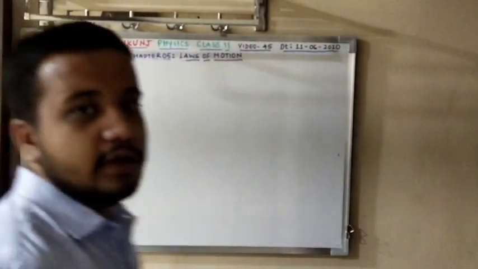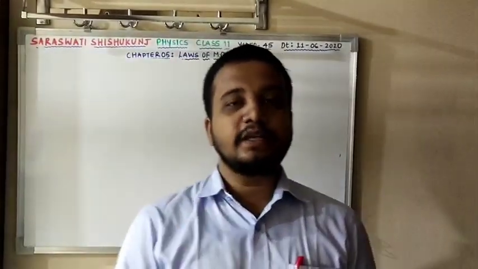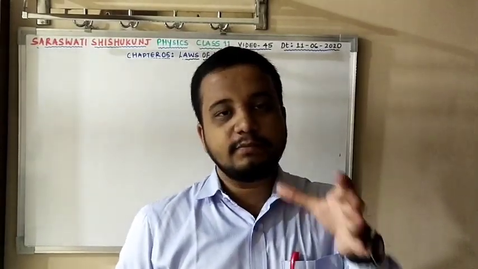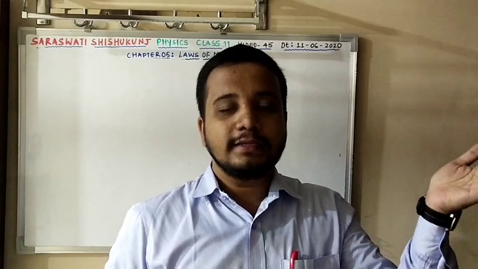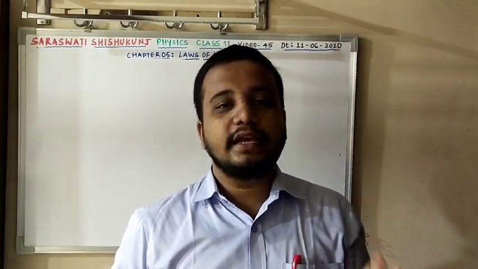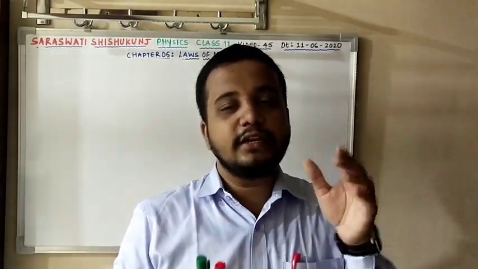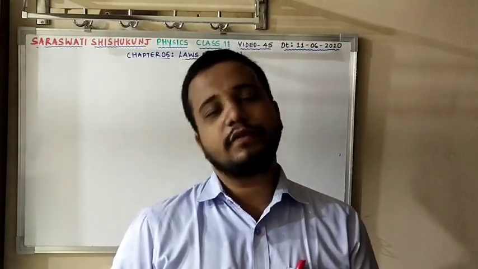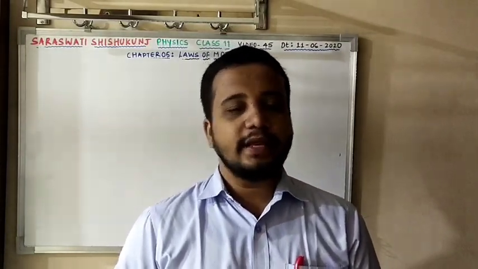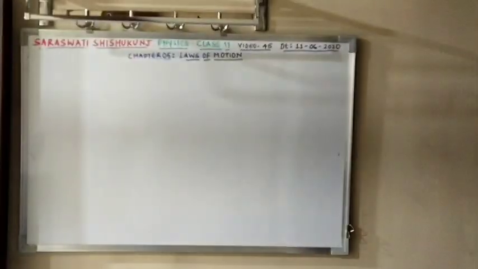The next numerical today we are going to see is an example in which they have mentioned that a body of mass 3 kg is moving from initial velocity 2 meter per second to 6 meter per second, and they are asking this speed changes in the duration of 25 seconds. Now they are asking what is the magnitude and direction of the force. Clear? So it's a very easy example that we are going to discuss today.